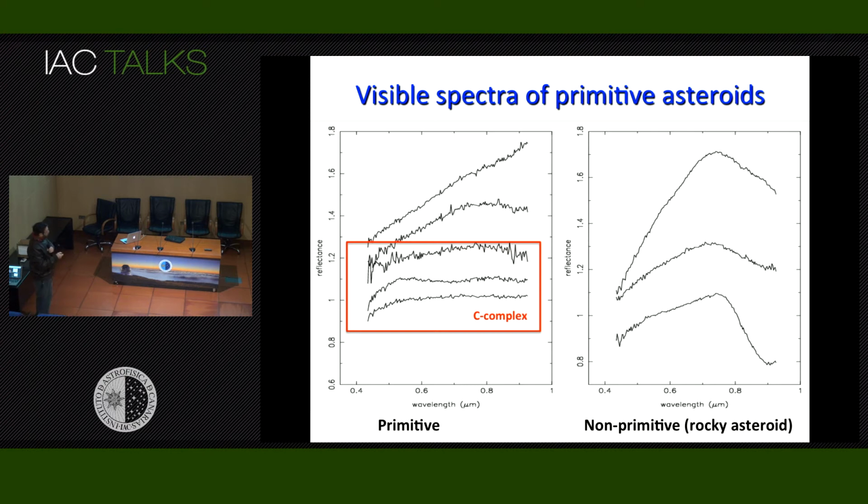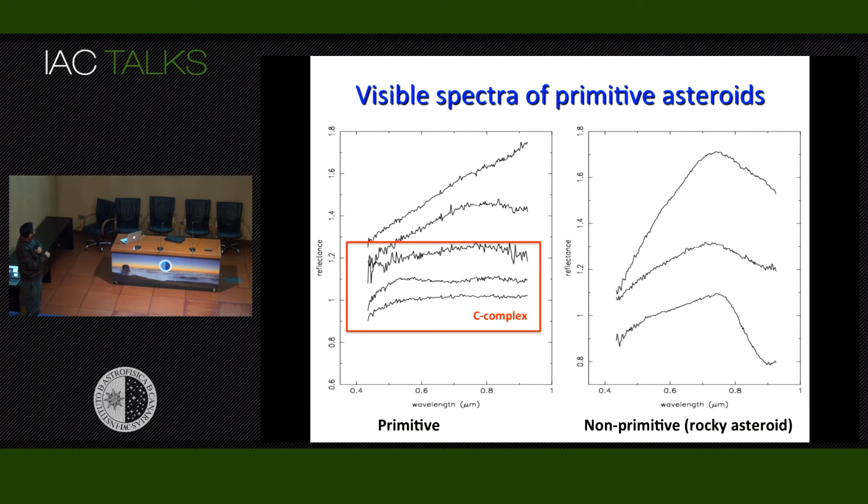And on the other hand, you have those that have only a weak band or no band in the 1 micron region, and usually they are mostly neutral or red. I mean, this reflects less light in the blue and more light in the red part. So this is a red object, but with no features or very weak features. These objects are called the primitive ones because they are related to the most primitive meteorites. The spectra are similar to the most primitive meteorites, and in particular, Ryugu and Bennu are part of what we call the C complex,